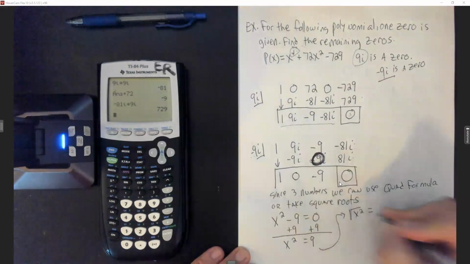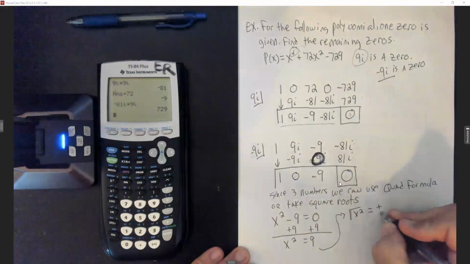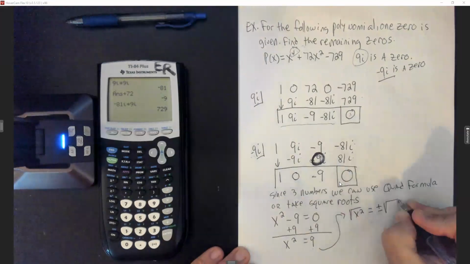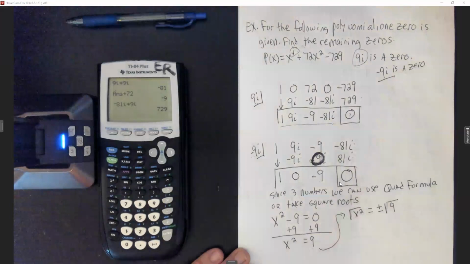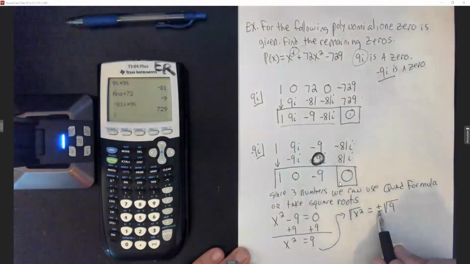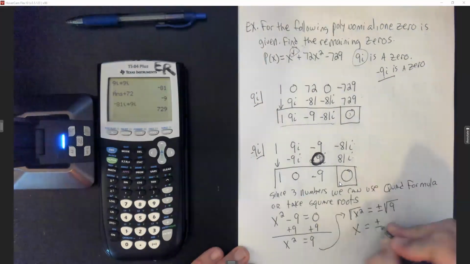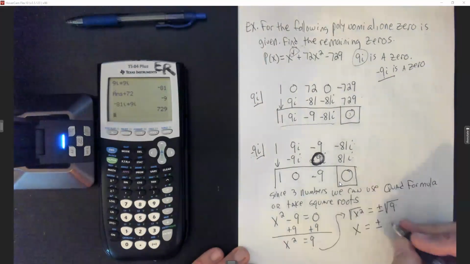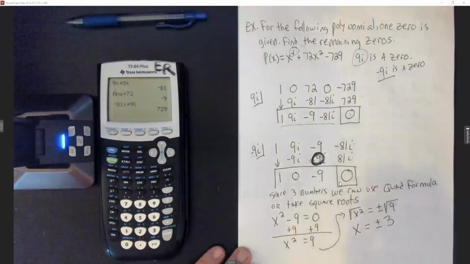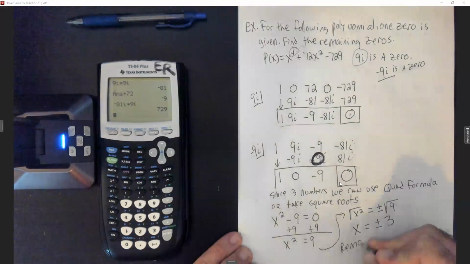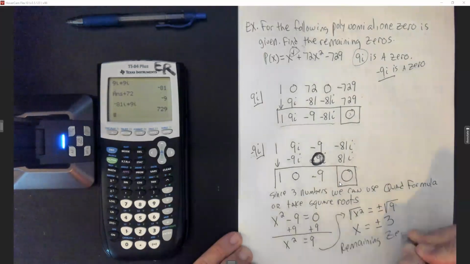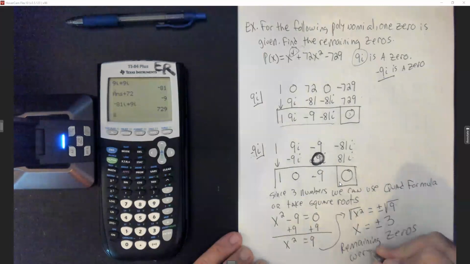But remember, when you take the square root of a number, you need a plus and minus in front of it. And y'all, that's how they're getting that plus and minus. These radicals come in conjugate pairs because of these two signs right here. So this gives me x equals plus or minus the square root of 9, which is 3. So the remaining zeros were negative 9i,